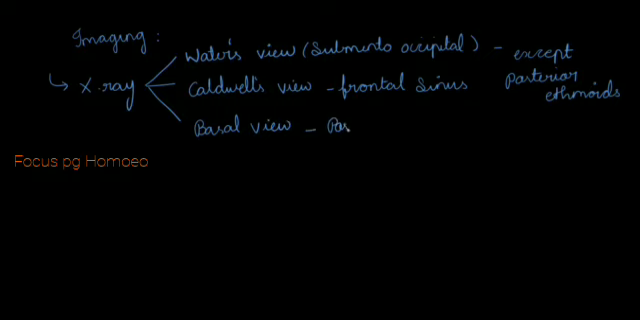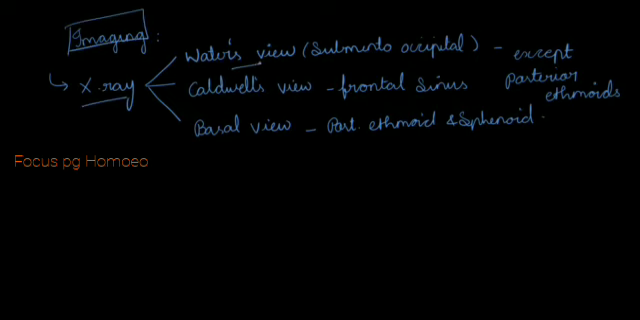where we can view mainly posterior ethmoid and sphenoid. So in case of imaging X-ray, first is Waters view, Caldwell view and basal view. Waters view, submento occipital, we can see all the sinuses except posterior ethmoid. In case of Caldwell, it is frontal sinus, and in case of basal view, we can see posterior ethmoid and